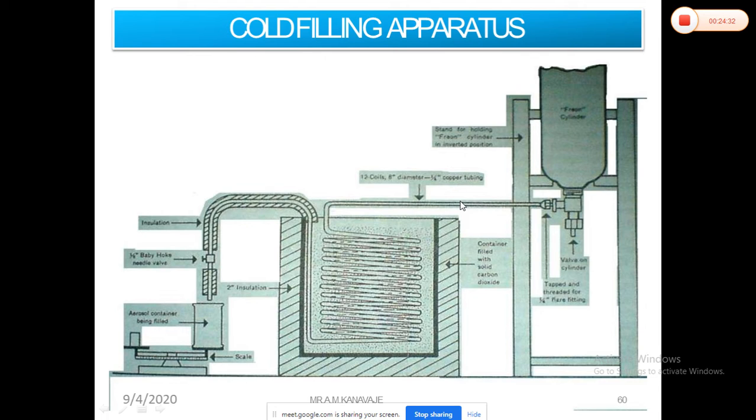So that particular freon gas is used here, and through the valve there are these insulated copper tubings, filled with dry ice or acetone prior to use. Then here is the insulation that they have provided, one hose or valve, and here the containers are filled. Before the filling, the product concentrate and propellants are chilled. So we'll see what exactly takes place.